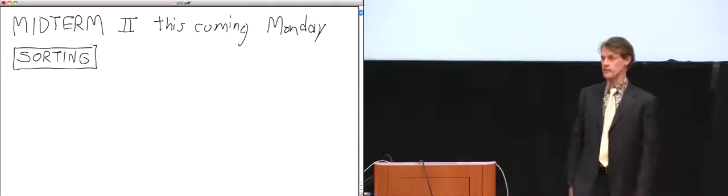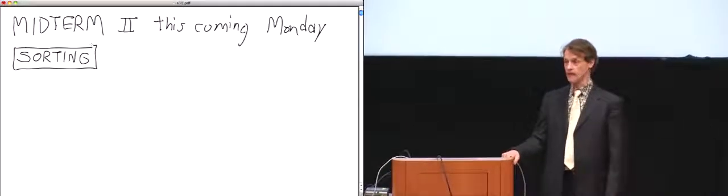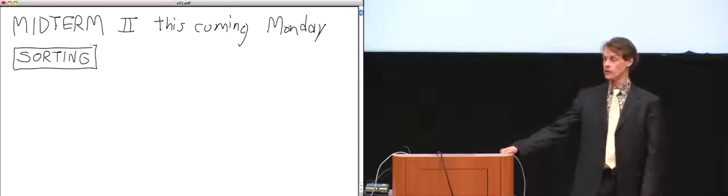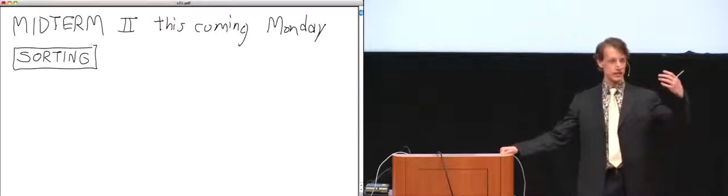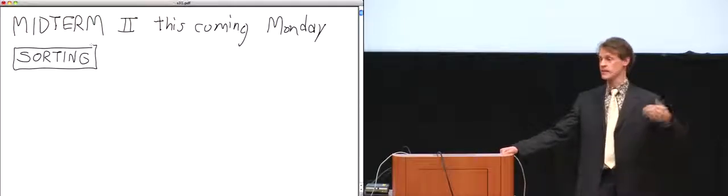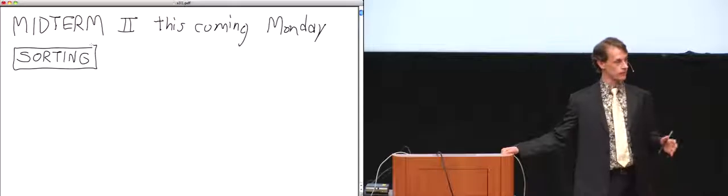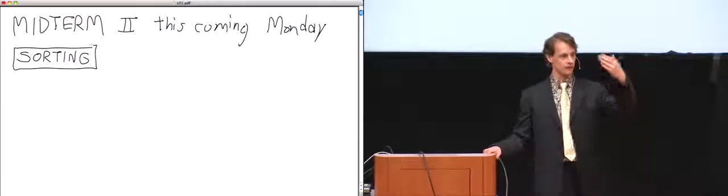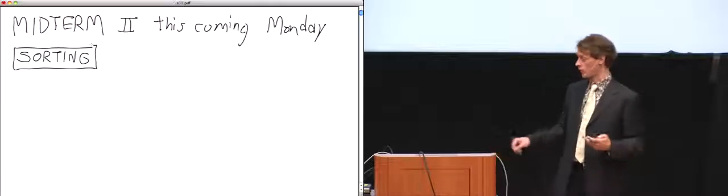Sorting, again, is something really fundamental that happens all the time. If you look at a phone book, it's sorted by people's names. A computer did that, of course. If you do a Google search, the results are sorted according to what Google thinks is its importance. So it puts the searches that it thinks are most likely to be the ones you're looking for first and tries to arrange them in some priority order.